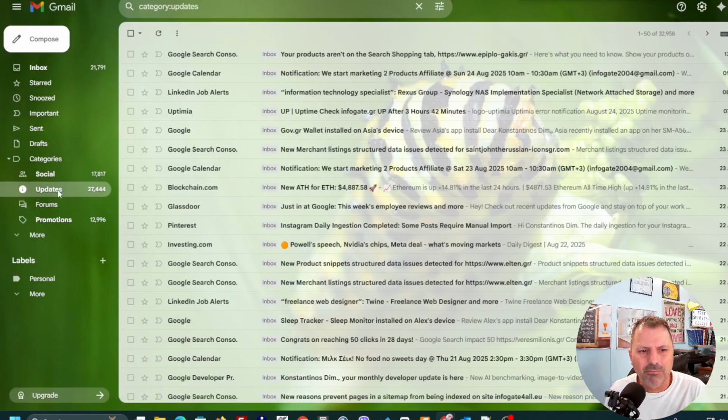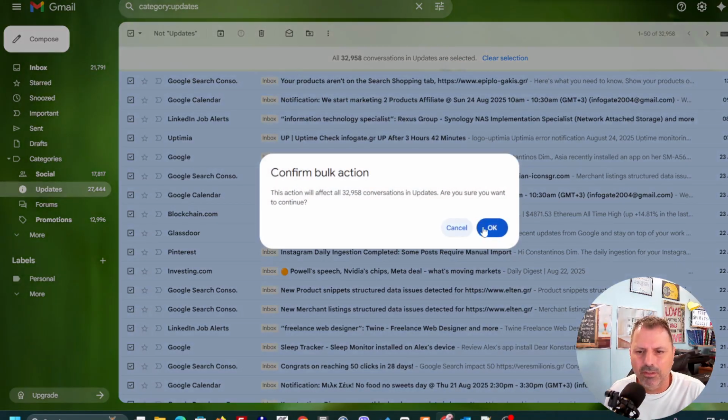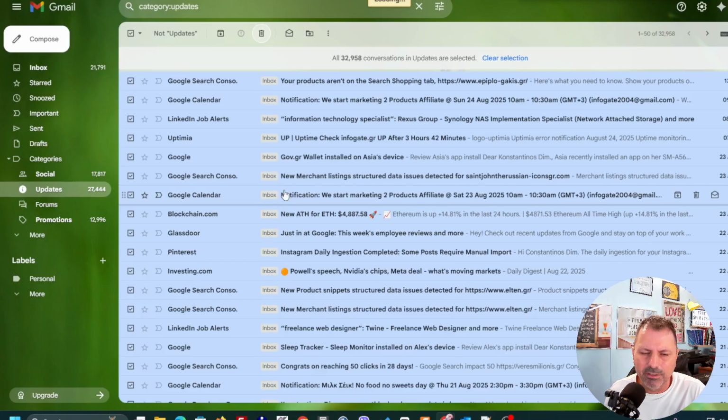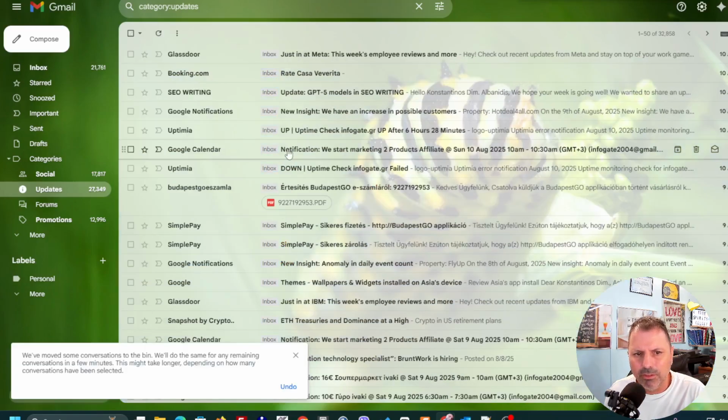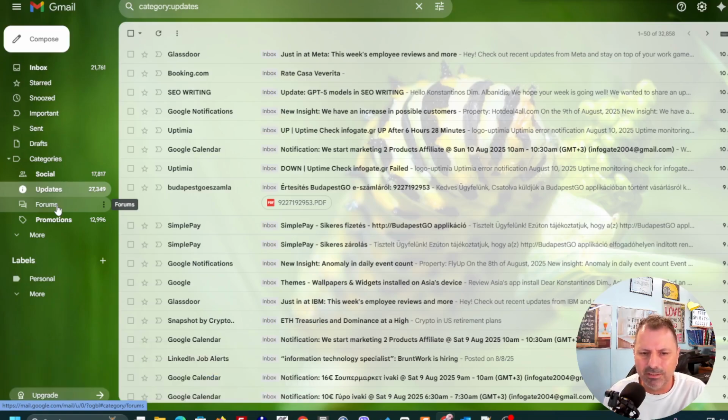You can do the same for updates. It's very critical to select all and just click to delete all of them. Believe me, it's useless emails. If you want to keep them, just keep them. But on that side, you're going to have to enable one of the packages that Google suggests and start paying a monthly fee for getting your email